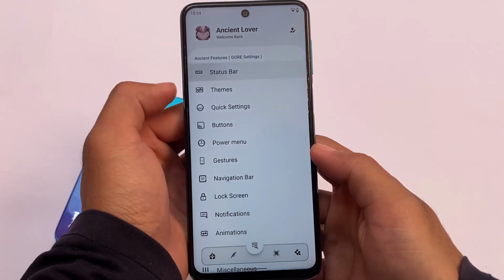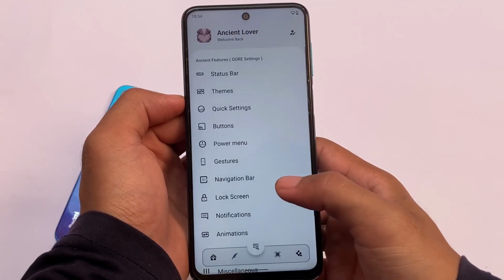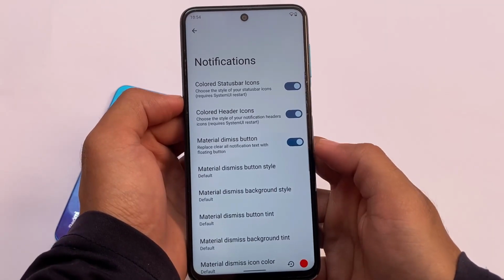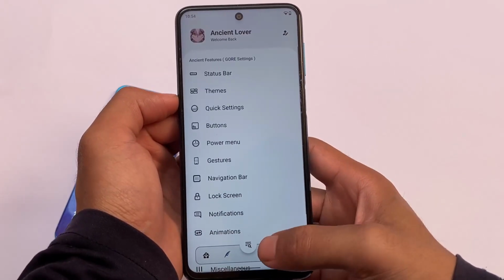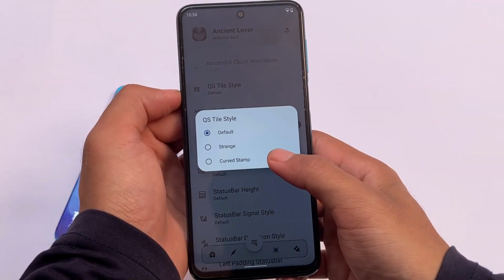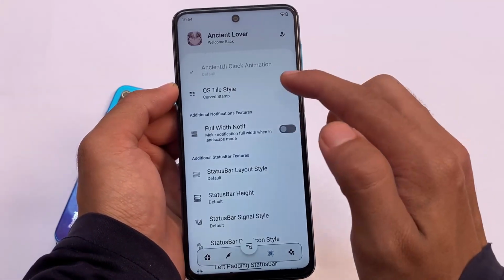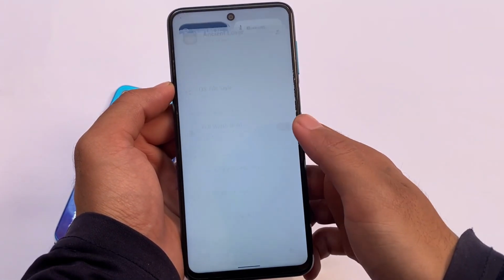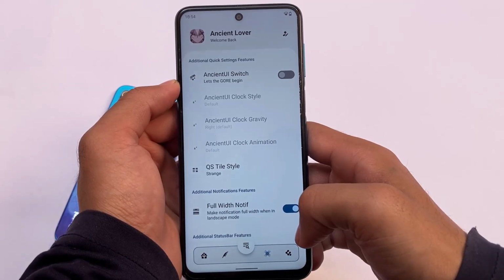Some customizations are also included, like status bar customizations here for you. Theming, which means if you don't want Monet theming, you can disable it if you want to, which is also useful. Some other basic customizations are here for you. If you want to give it a try, you can. As I previously mentioned, for customizations, EnSynOS right now is the most customizable custom ROM I've seen so far. Other things, let me show you the quick settings tiles customization. If you enable this option, you will see the quick setting tiles will look like this, which is of course not looking good honestly, but this one is looking good. It's just my opinion, but it's all about you. If you don't want to use it, you can. The things are quite optional for you.